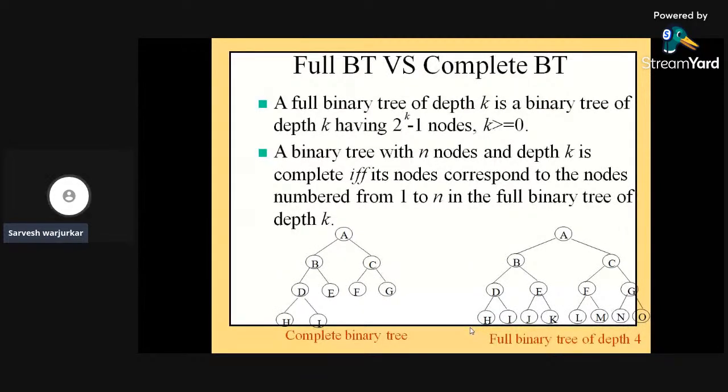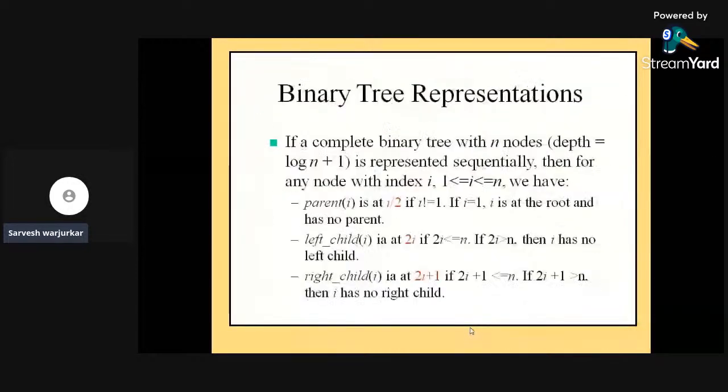A binary tree with n nodes and depth k is complete if and only if its nodes correspond to the nodes numbered from 1 to n in the full binary tree of depth k. Binary tree representation is like this: you can use parent, left child, and right child as well. If a complete binary tree with n nodes, whose depth is log n plus 1, is represented sequentially, then for any node with index i, where 1 is less than or equal to i, which is less than or equal to n, where n is the number of nodes,